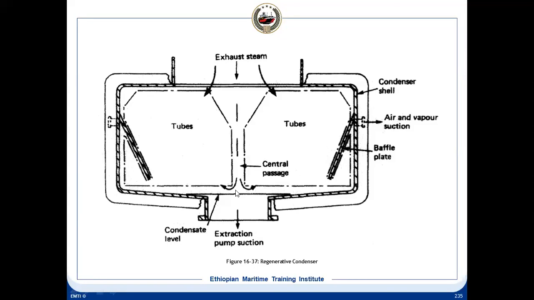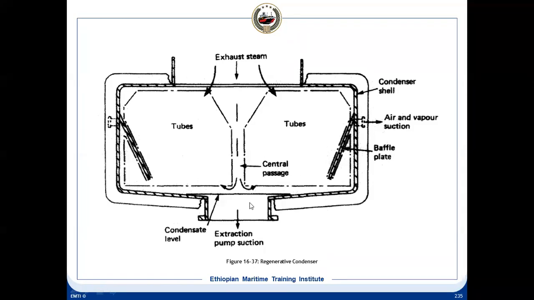Air and other vapors are not allowed to mix. So here again you have your air and vapor suction that is not allowed to mix with the condensate. And again, you do not have to spend more fuel to reheat this cold condensate back to steam again. The condensate is thus reheated to the same temperature as the steam, which increases the efficiency of the condenser. A central passage, here this is your central passage, enables some of the steam to pass to the sump where it condenses and heats this condensate which is over here.